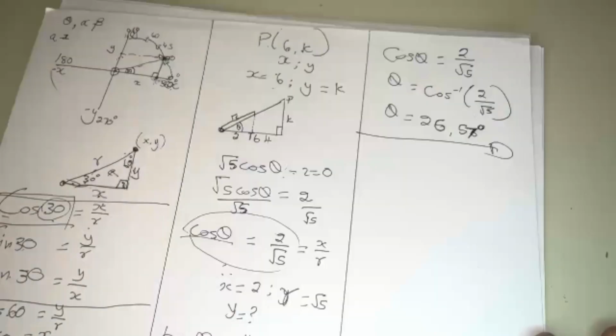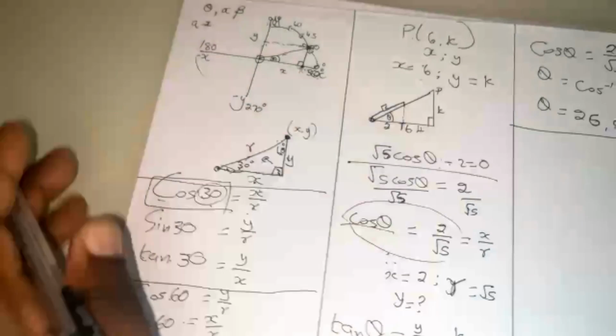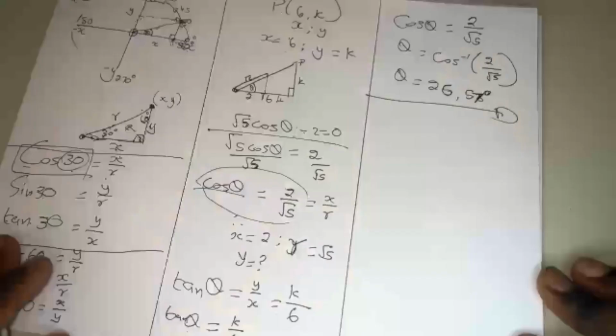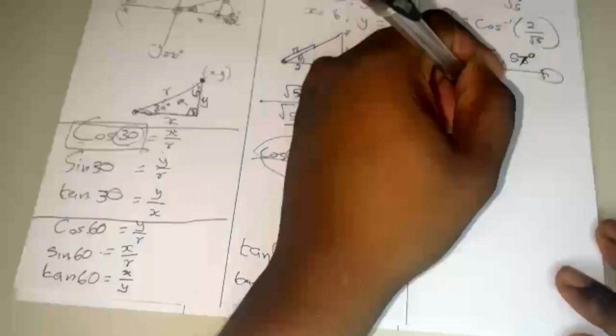So we have used the theta statement given, if you remember, because if we ignore it, what we'll be doing is wrong. So if we use the theta statement, we are here. Then how can we determine the value of k? Since we know the value of theta and we can put theta here at tan, we can solve for k. Let's see. Then we will have tan 26,57